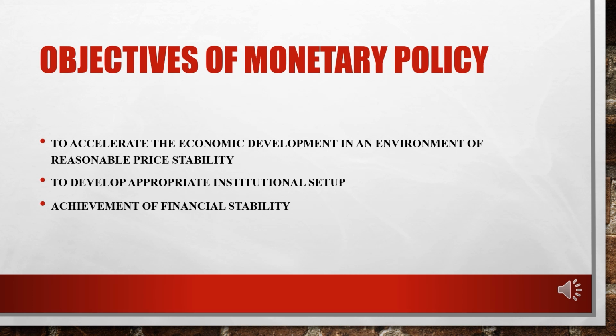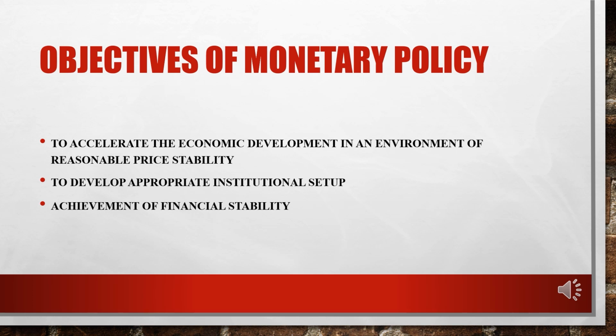So if you see an example, if there is a change in the interest rate, so if we are reducing the interest rates, what will happen? The money supply will increase because more banks can provide loans, and the demand for loans will be higher. The money supply will increase, then the investments will increase. If investments increase, the output will increase. When output increases, then obviously the growth rate or the GDP increases.